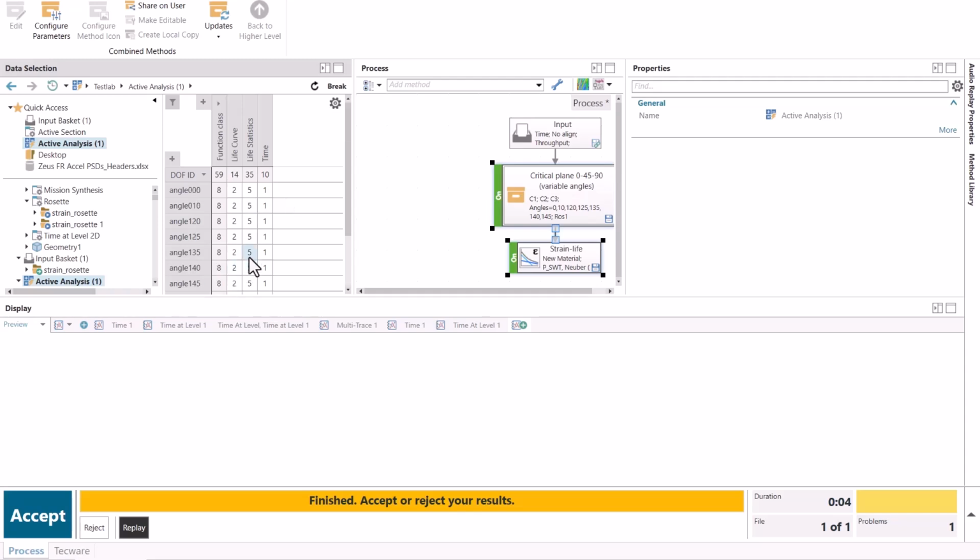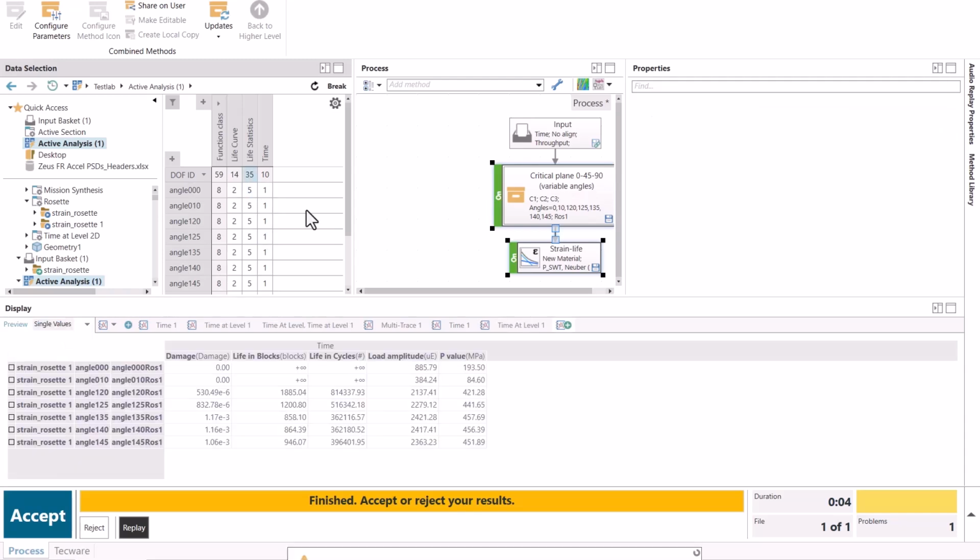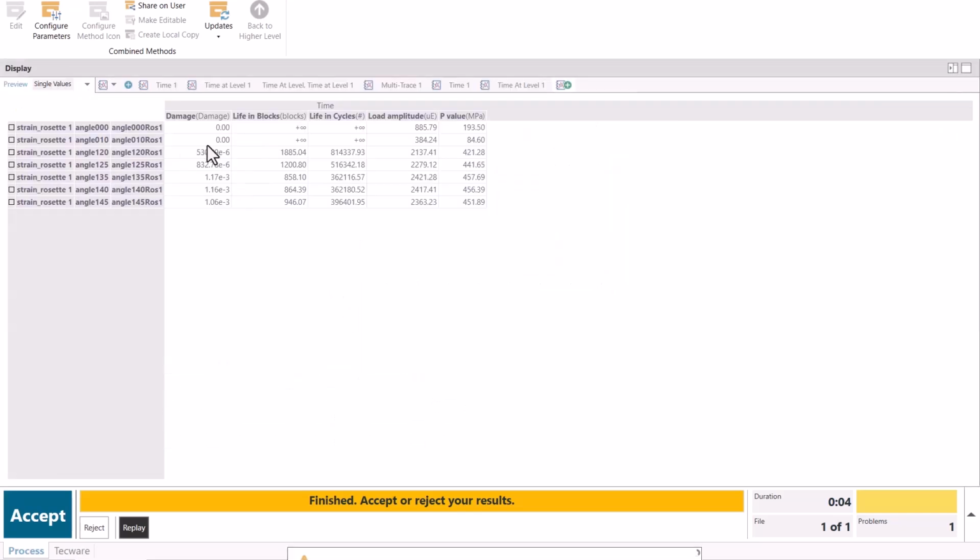I can compare the fatigue life statistics for all those channels. I can see that at some of these angles, like 0, I'm actually not computing any accumulated fatigue damage. However, at different angles on this structure, at 120, at 125, especially at 135, 140, and 145, I'm seeing a much larger amount of fatigue damage accumulated.